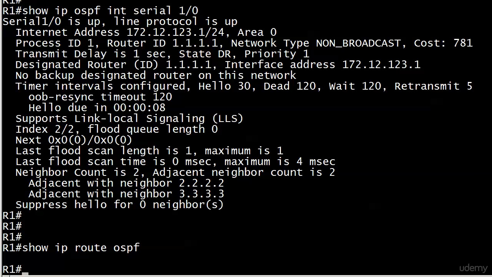Well, actually, I don't see anything. And the reason is, again, the networks that router 1 knows about right now are all directly connected. 10.1.1.0, directly connected. Serial interface 172.12.123.0, directly connected. So just because we have OSPF enabled on those interfaces doesn't mean they're going to show up in your table